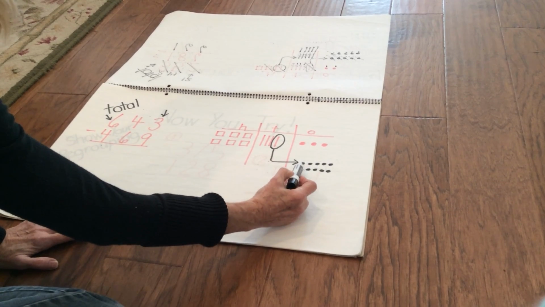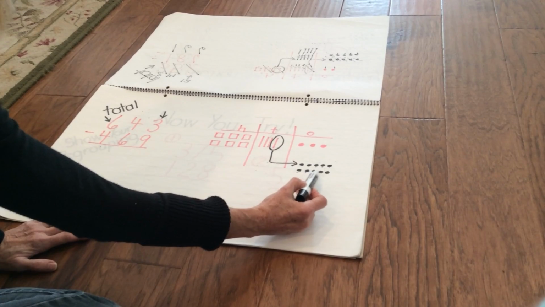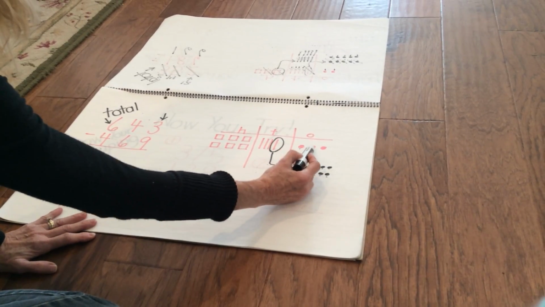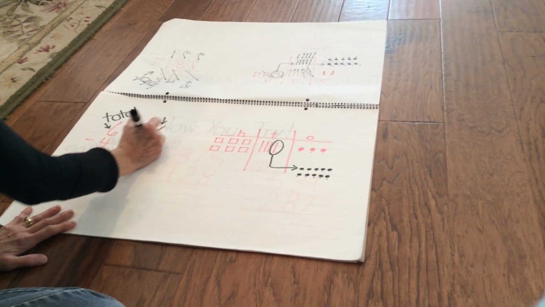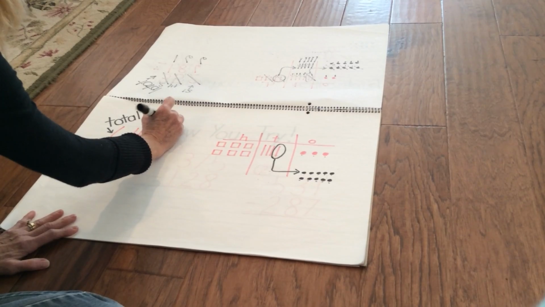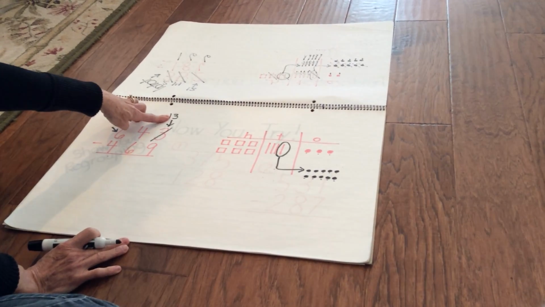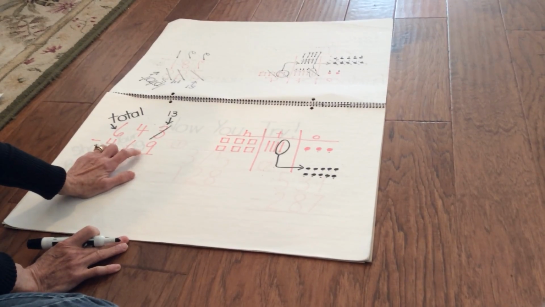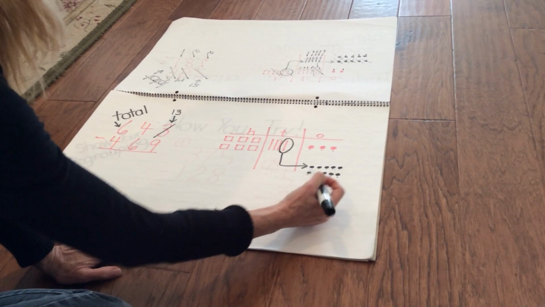Now I have 1, 2, 3, 4, 5, 6, 7, 8, 9, 10, 11, 12, 13. I no longer have a 3 because one of my tens has moved over to the ones place. I now have 13. My number 13 is larger than my 9, and now I can subtract 9 from 13,